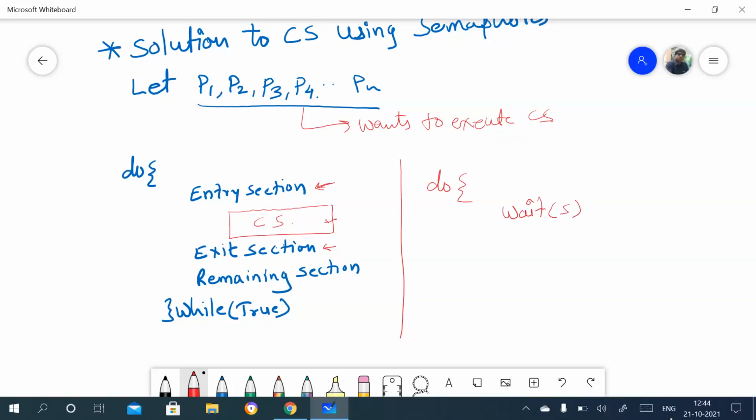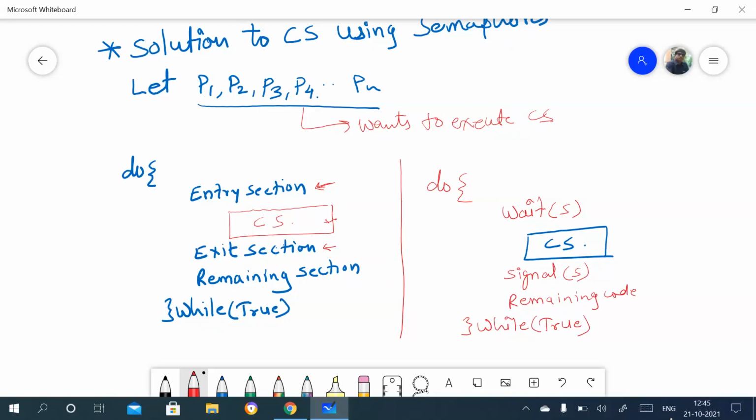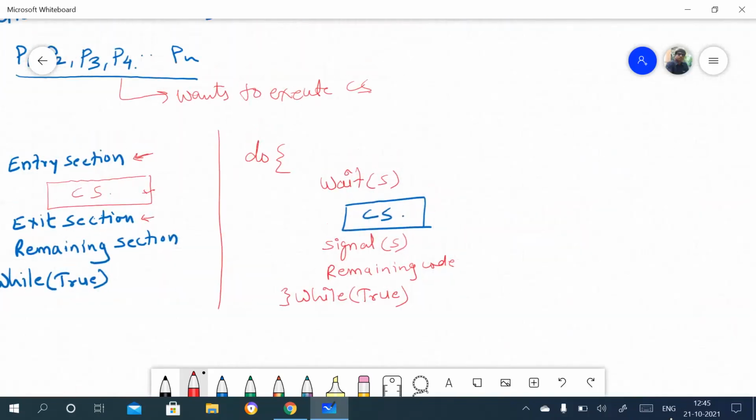Then suppose here the critical section, I'll write here, and signal S, and suppose here the remainder code. Right, now see, we'll test the processes.